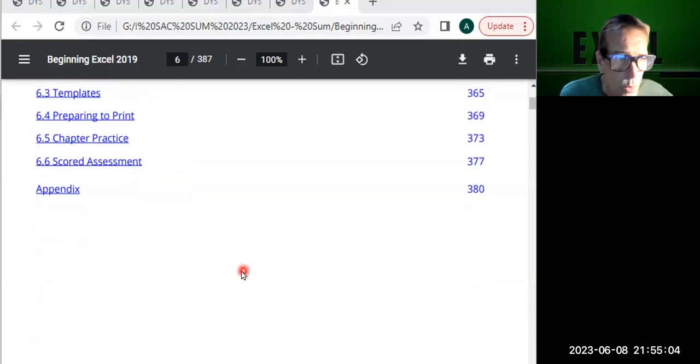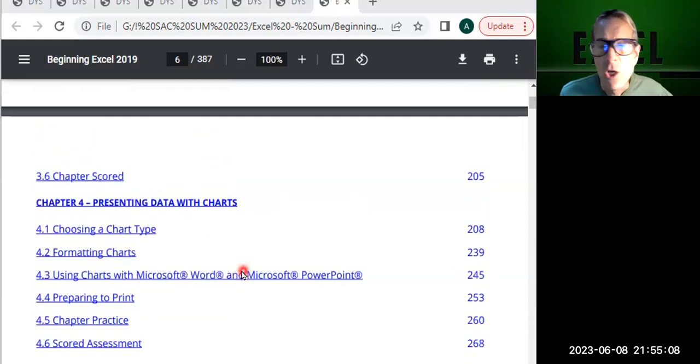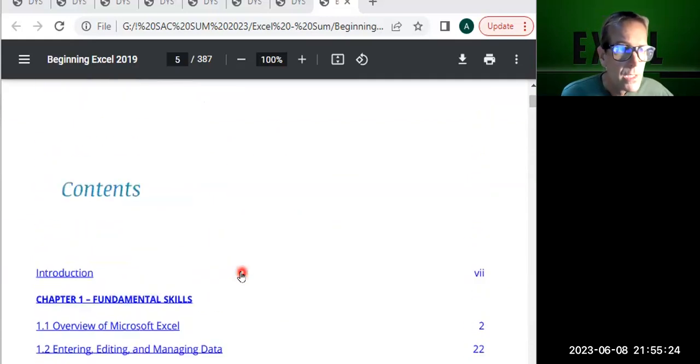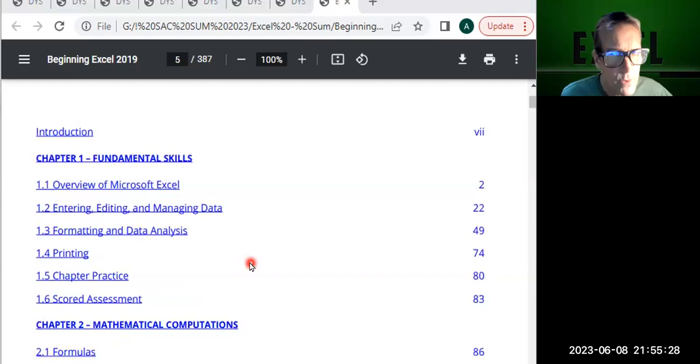Okay, so I would say 5 and 6 are somewhat, if you had to just focus on the meat, the foundation of Excel, it would be chapters 1 through 4. 5 and 6 are very, very good, but they take you a little bit higher level. Okay, so now I think I only just want to focus in on chapter 1 now, right? Because